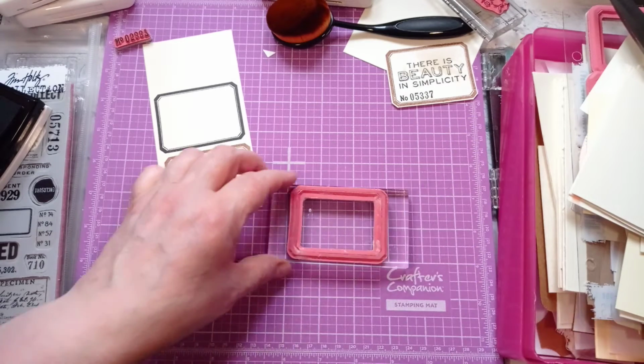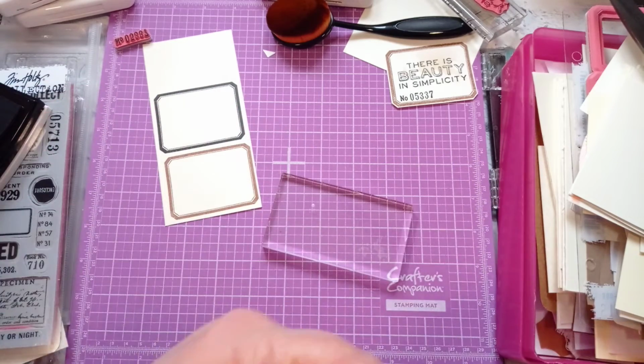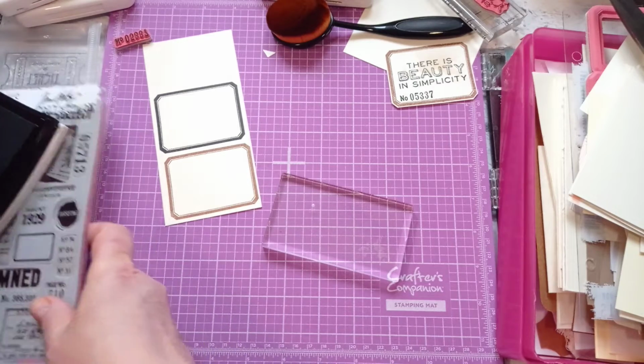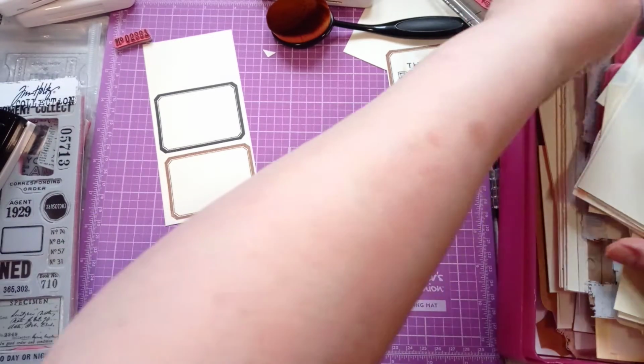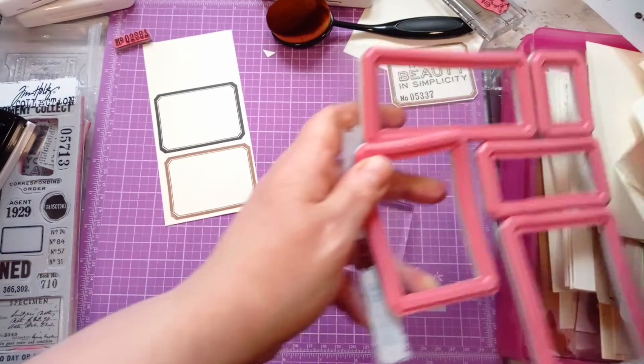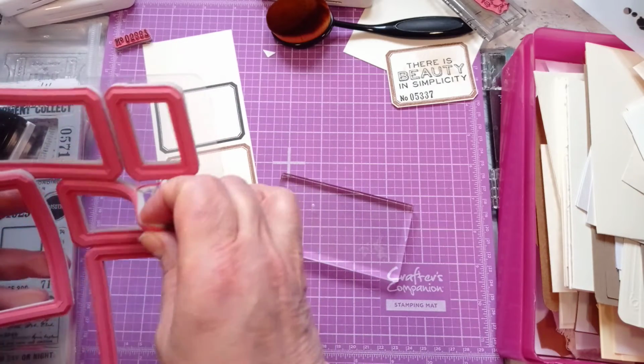I'll put the wipe to one side to use again. So I'll peel that one off and I'm just going to pop it up here out of the way to dry. And I think I want to get another one of those. I quite like them. Yeah, I'm quite happy that my kids bought me these. And I think I'm going to do this one. I think that one is going to be...